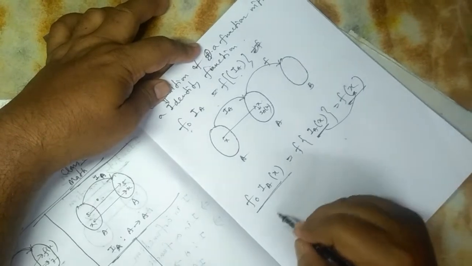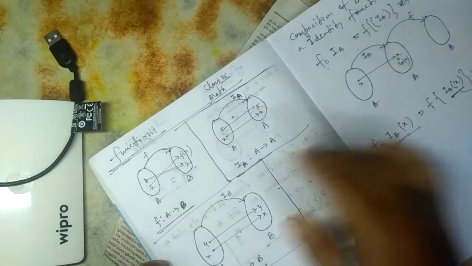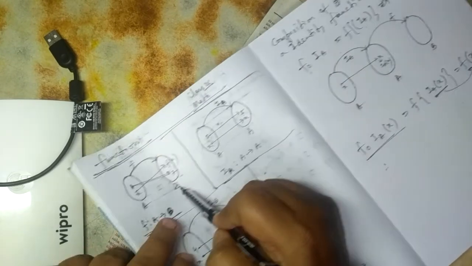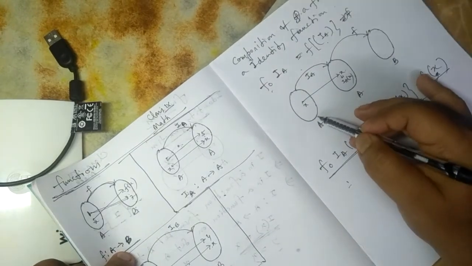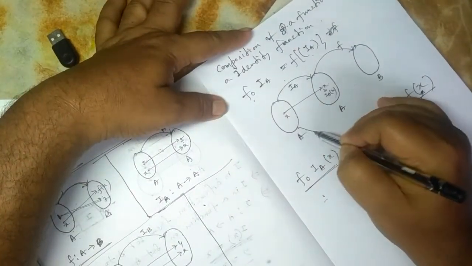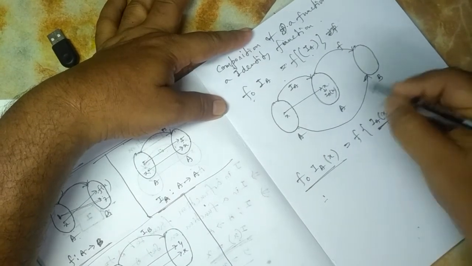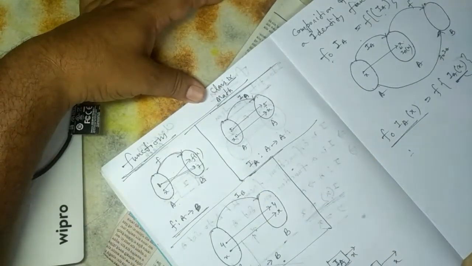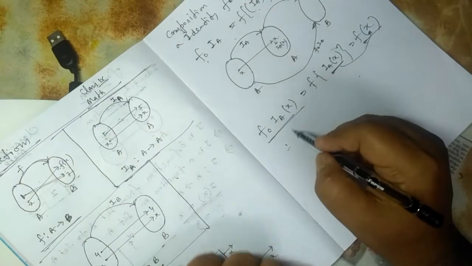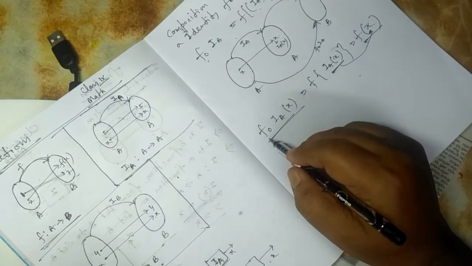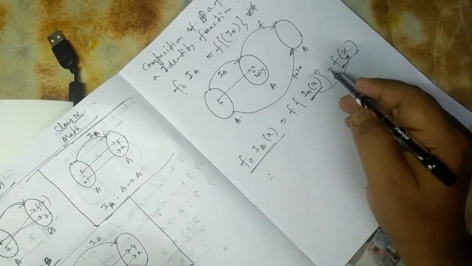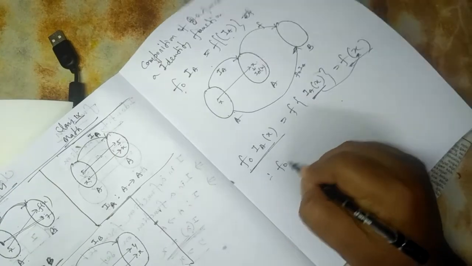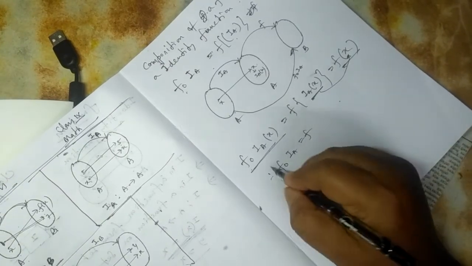This is the resultant. Therefore, f(x) means this function. f is a function from A to B. And f∘IA is a function also from A to B. This is f∘IA. So f∘IA and f both are the same function. So if I compose an identity function IA with f, then it will be the same as the f function itself. So we can say f∘IA equals f.